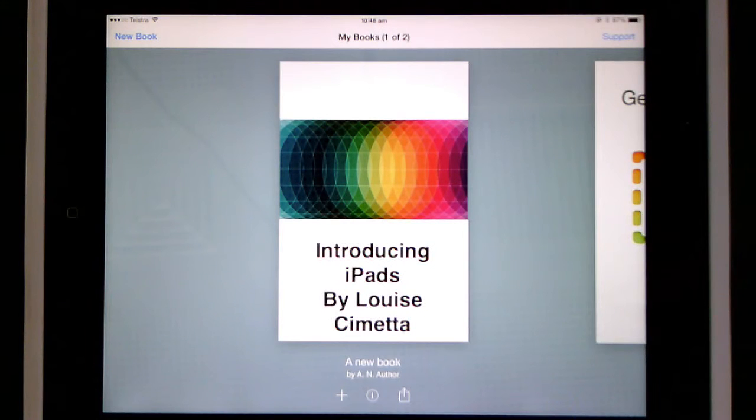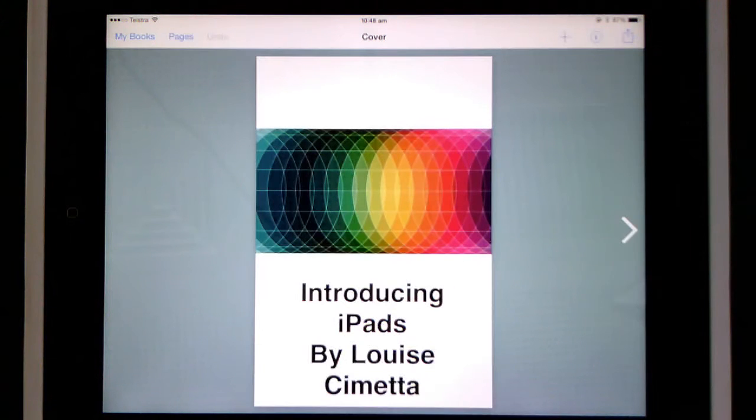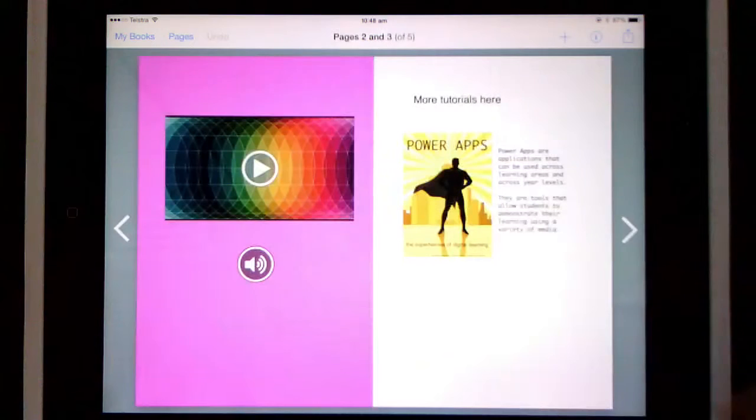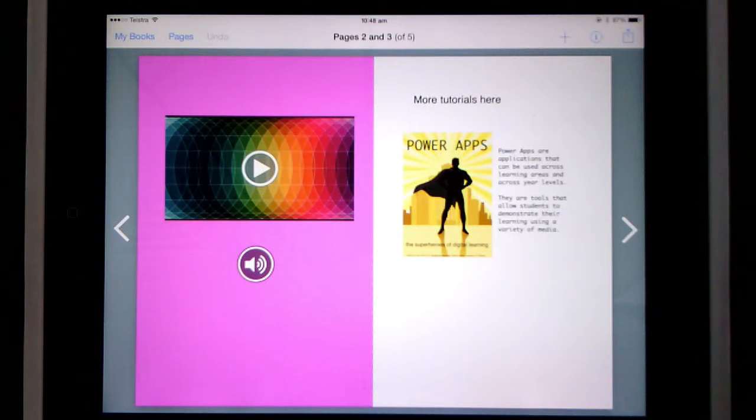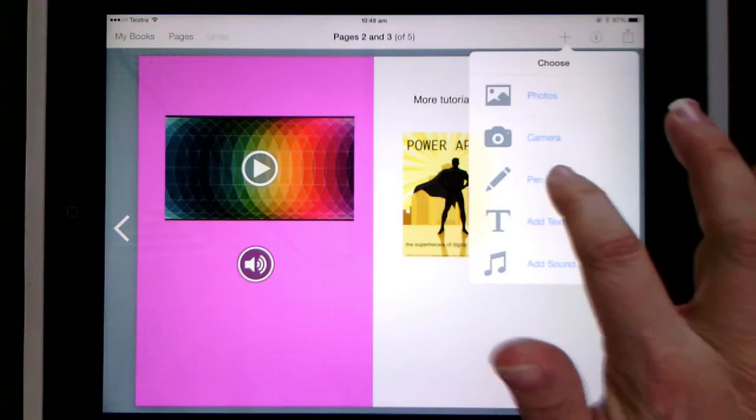In this recording we're going to have a look at some of the extra features of Book Creator. So we'll go back to our book that we used in the last video and we're going to move forward with some of our pages and look at some of the extra tools. Going up to the plus button on the top right hand side, you can see we've got a pen tool,